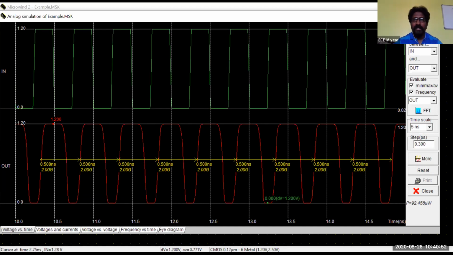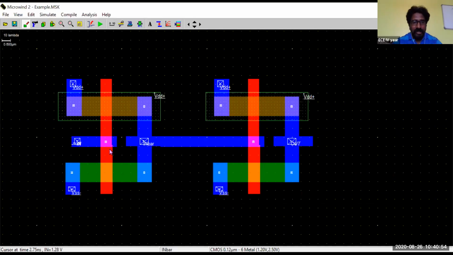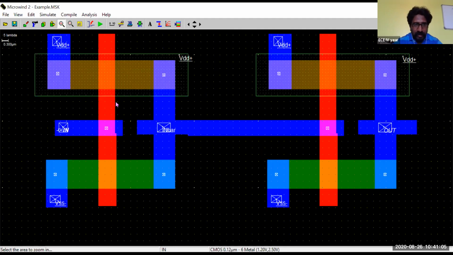The main reason why it has happened is because of this. You can see here, in this particular part, how this polysilicon is connected. We have not followed any kind of lambda based rules.